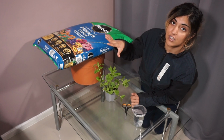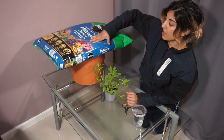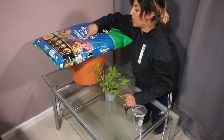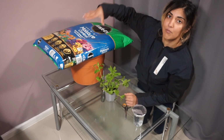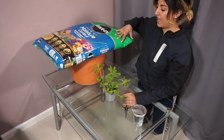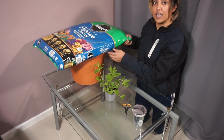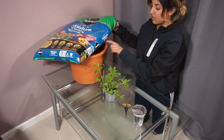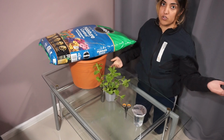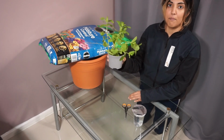So these are the things that you need: compost, and this is special compost for pots and baskets. This was £4 in Morrison's, so really cheap, and you just want to make sure you get good quality compost. You then can get a pot, as you can see, this pot here. Pots, I don't need to tell you about them. You can just easily find a pot. Some mint,